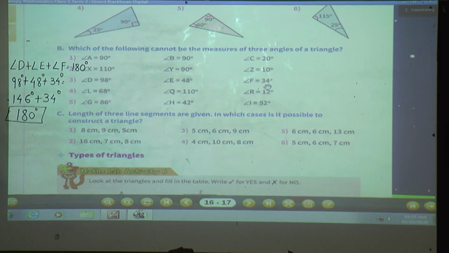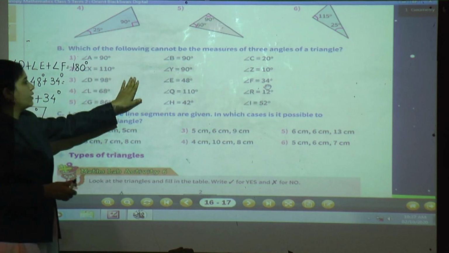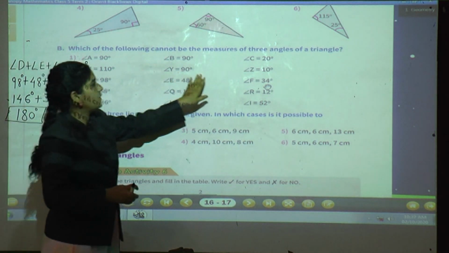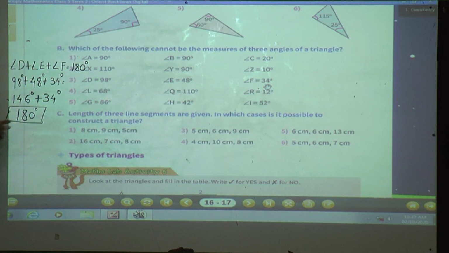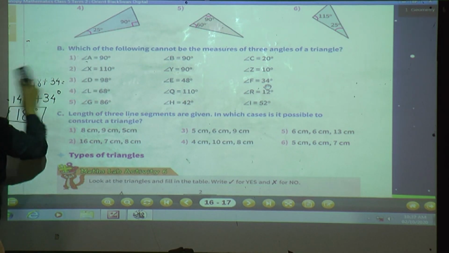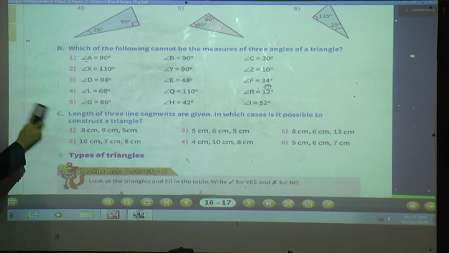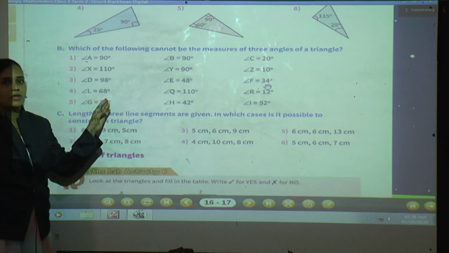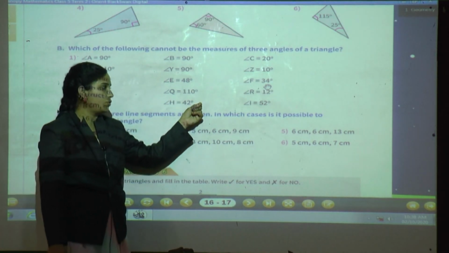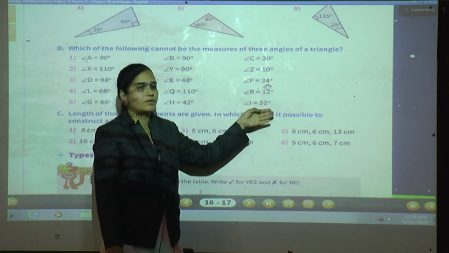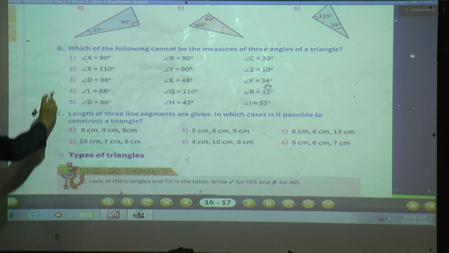So these are the measures of three angles of a triangle. So we can draw the triangle. Now fifth one. Here angle G is equal to 86 degree, angle H is equal to 42 degree and angle I is equal to 52 degree. So again